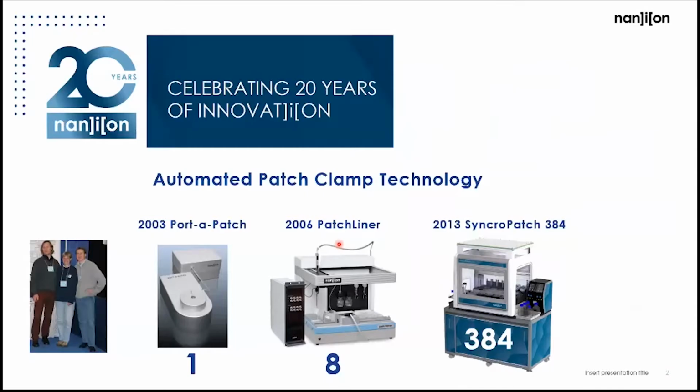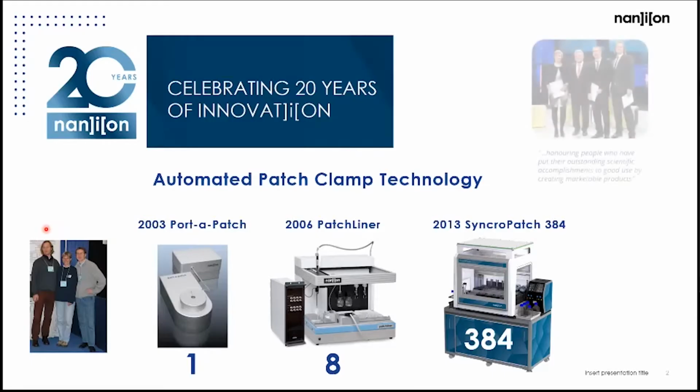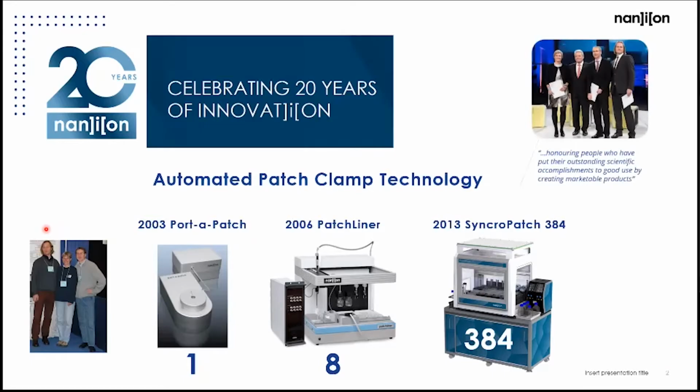This is an exciting time for Nanion Technologies. We are celebrating the 20th anniversary of the introduction of our first product, the PortaPatch. The PortaPatch is based on technology that came out of work done by Dr. Niels Fertig, one of our founders. He was joined by Chief Scientific Officer Andrea Brueggemann and our Chief Technology Officer Michael George, as the three main founders of the company. They've stuck with it for a long time, and they are continuing to participate and drive forward the innovation